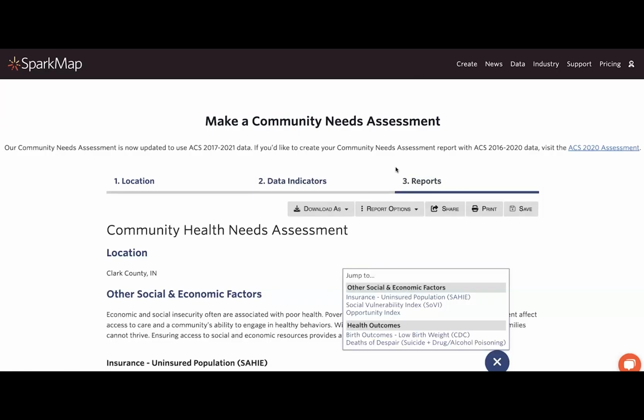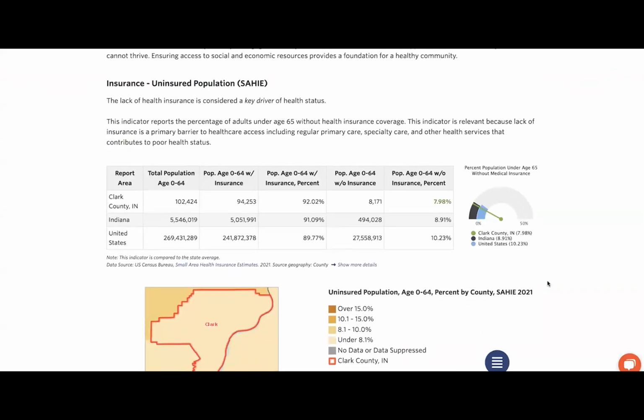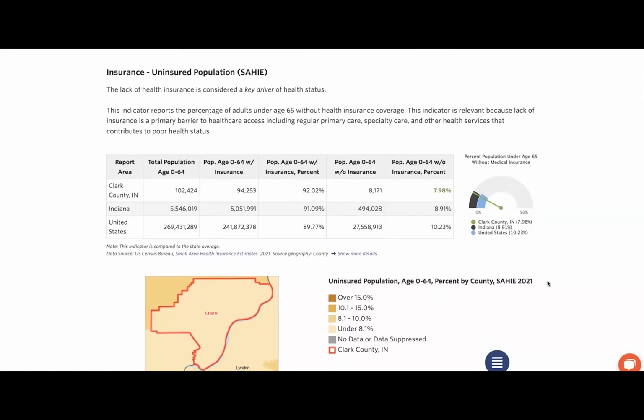Now you can see that our community needs assessment has the social vulnerability index and opportunity index, but it also has those 3 sub-indicators of the health domain that we had just talked about as part of the opportunity index. Looking first at our uninsured population under 65 indicator, Clark County is performing better than state and national average.